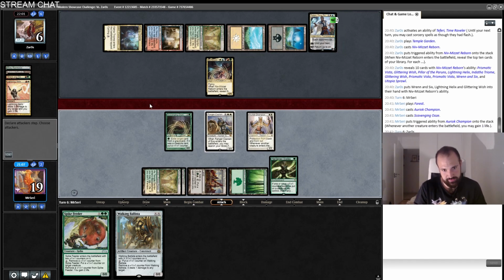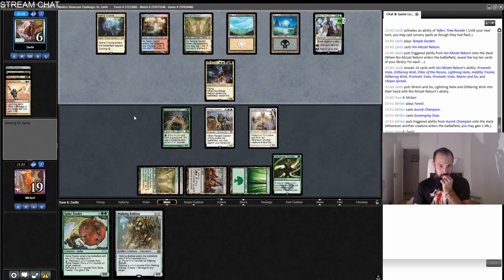Things are just gonna pass the turn. But you're very excited there. They played Omnath and they survived. I actually didn't check what they got. Oops. Ranger Captain, Lightning Helix, and Glittering Wish. Okay, Lightning Helix is bad, but...